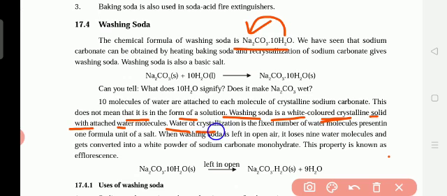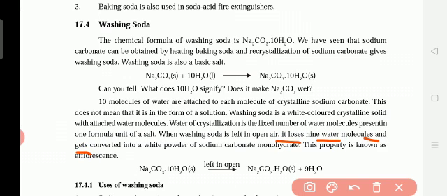Water of crystallization is the fixed number of water molecules present in the formula unit of a salt. So this water is a fixed amount in washing soda, Na2CO3·10H2O. When washing soda is left in the open air, it loses 9 water molecules and gets converted into a white powder of sodium carbonate monohydrate. This property is known as